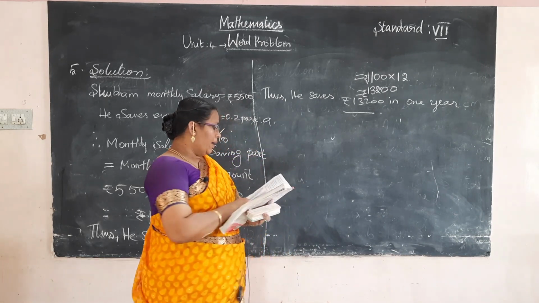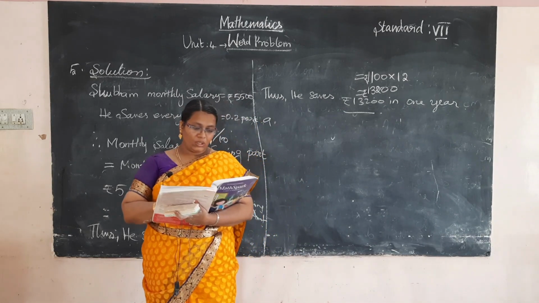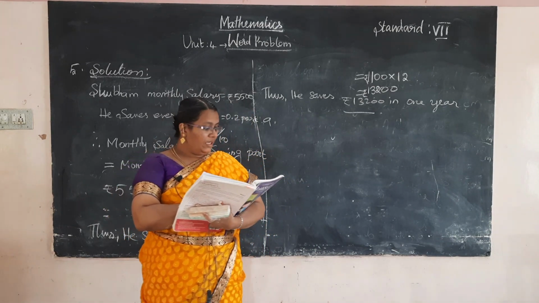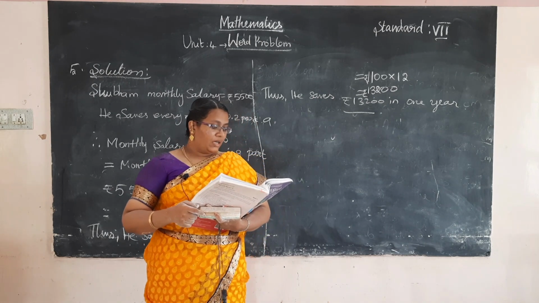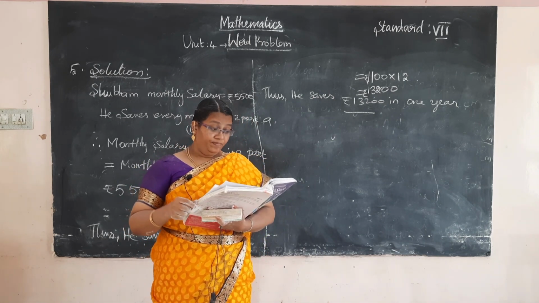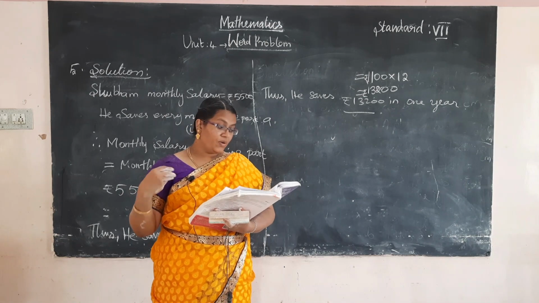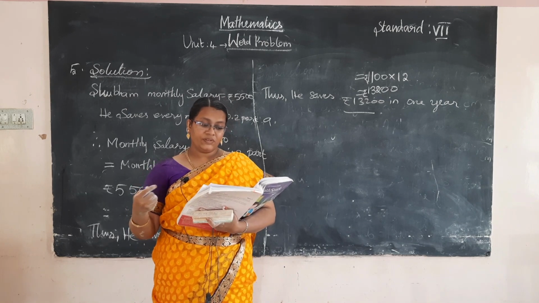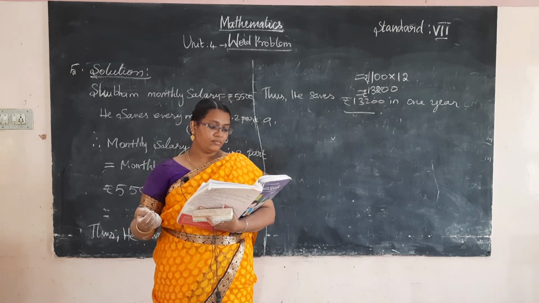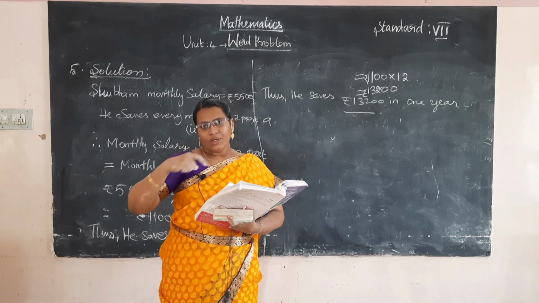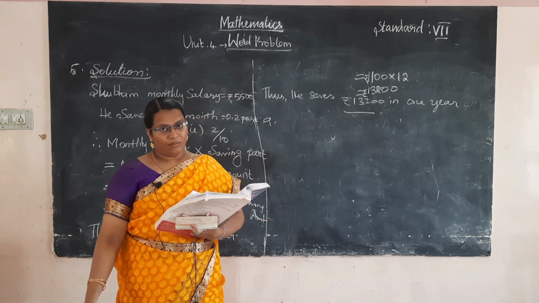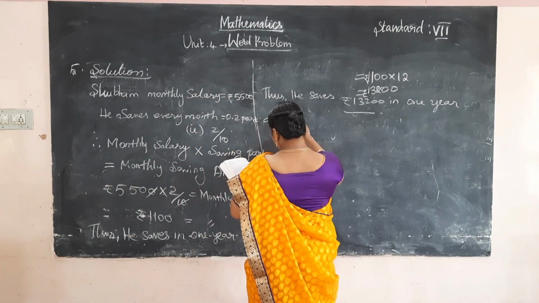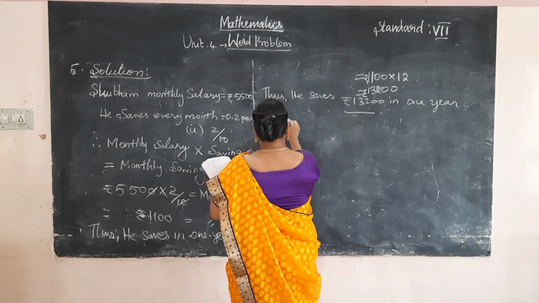So in a school, 0.8 part of the total number of the students is boys and the number of girls is equal to 150. Find the number of boys in the school. Here the total number of students is unknown and the number of boys is unknown. The number of girls we know, and the boys ratio is given. 0.8 means the ratio is 8 by 10. Okay, so write a solution.